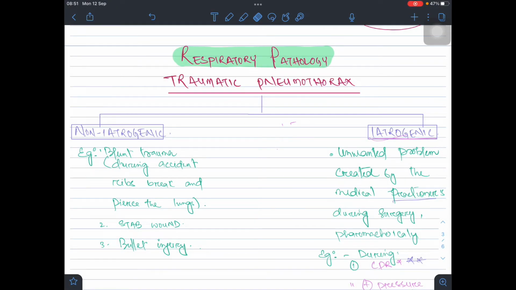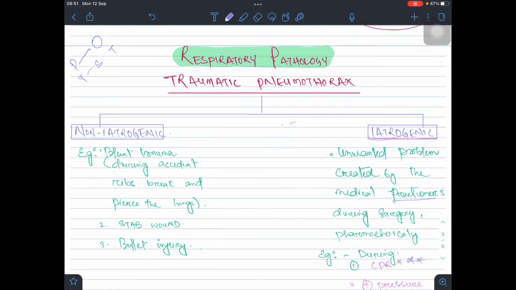Today we'll be continuing our previous lecture, that is the respiratory pathology, pneumothorax. Previously we've talked about the types of pneumothorax and definitions. Last time I talked about pneumothorax and its types. Pneumothorax means the presence of air in the pleural cavity, and its types can be spontaneous